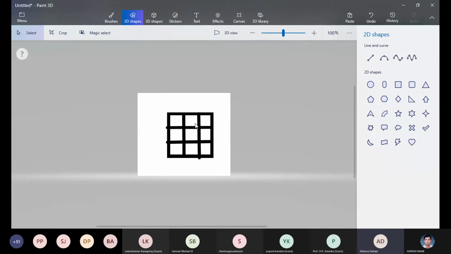So if we are making a 3 by 3 matrix, in palletization, we have to teach the robot only the four corners, that is this point, this point, this point, and this point.